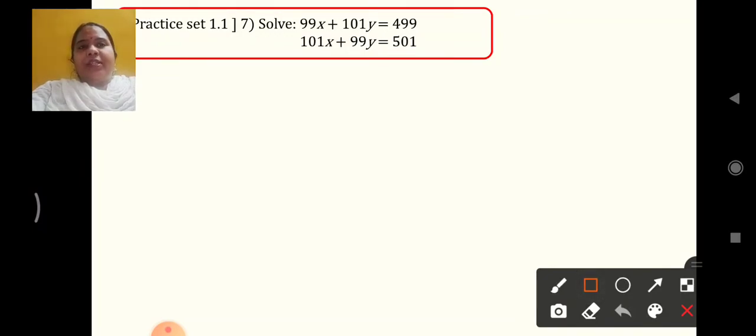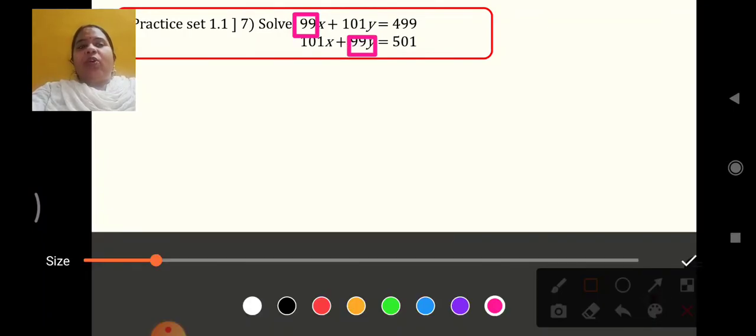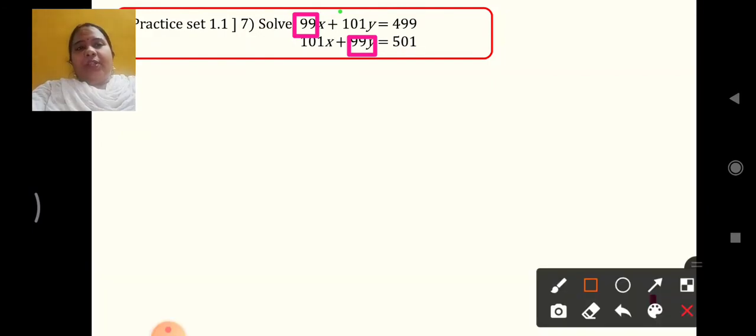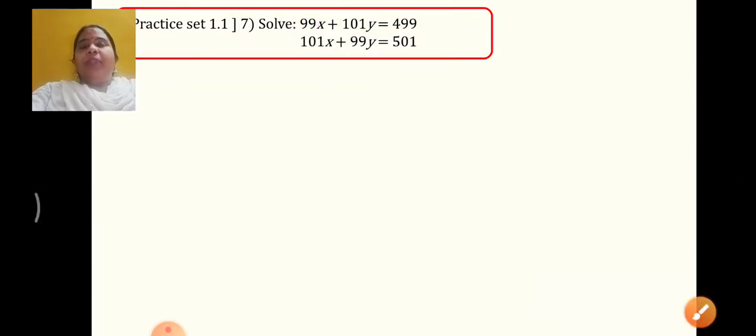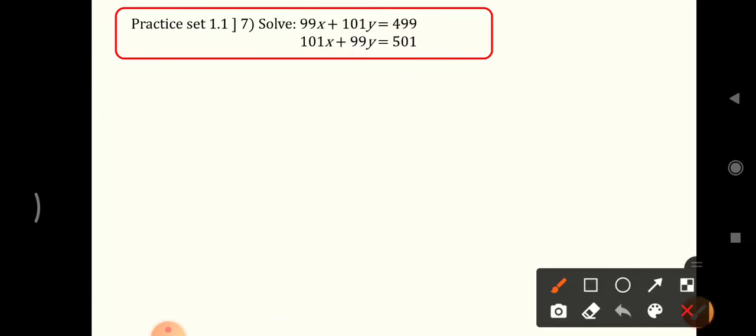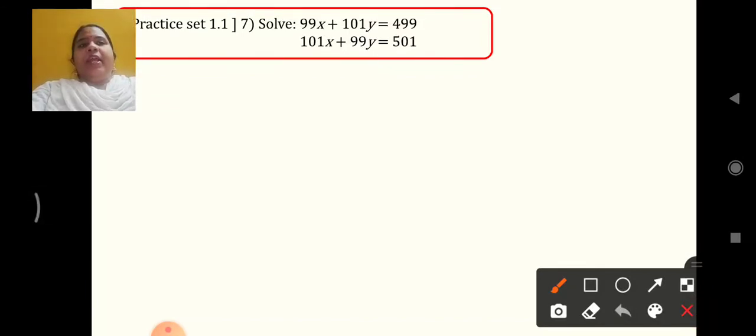Now what is important to understand in this? Important to understand is these terms. This is 99. Cross term again is 99. Yes? Then have a look at the cross terms of the other variable also. This is 101. Again this is 101. Yes? So if the cross terms are identical, the rule to be followed is addition, subtraction and addition. ASA. This is not at all test of geometry, that is angle side angle. Algebra it is addition, subtraction and addition.